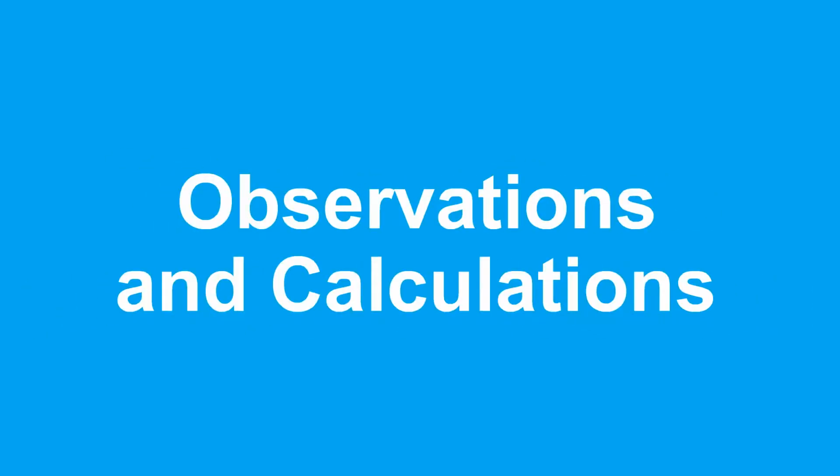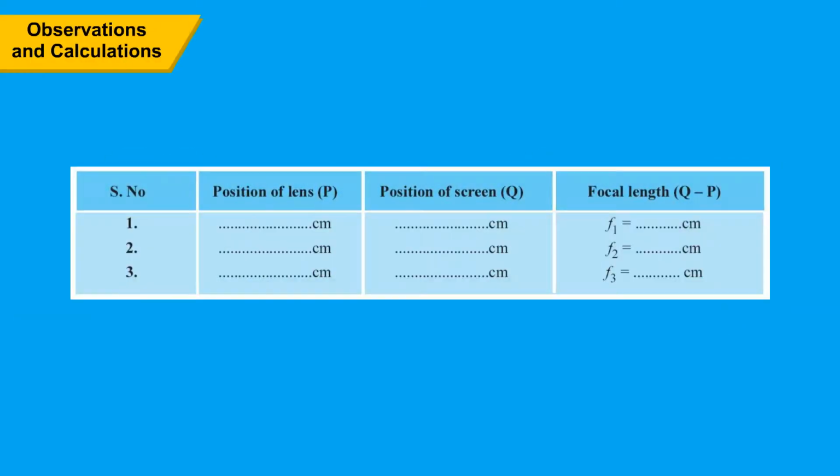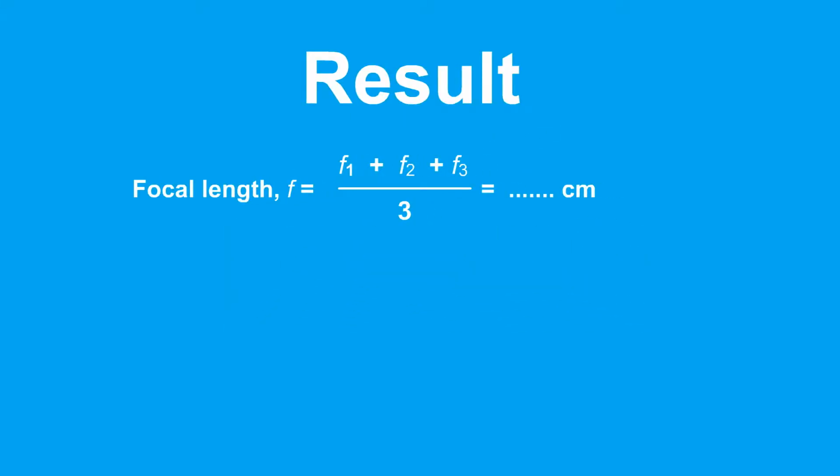Observations and calculations. Now, record all the observations in the following table and calculate the values. Result: focal length f = (f1 + f2 + f3)/3, which comes out to be